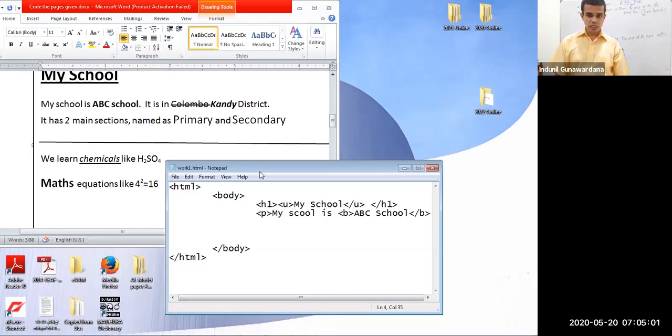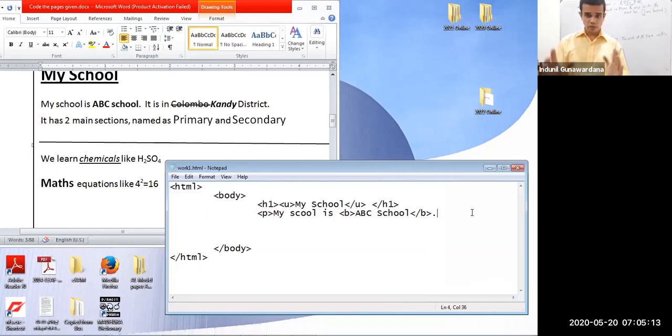That means there's a full stop. I'll keep that full stop as well. Then still the paragraph is continuing, so I don't want to close my paragraph. Then if I want, I can increase the width of this notepad. I think you all can see the notepad I'm typing here. Then it is in. Now since the space is not enough, I go to the next line here. I went to the next line in the notepad.